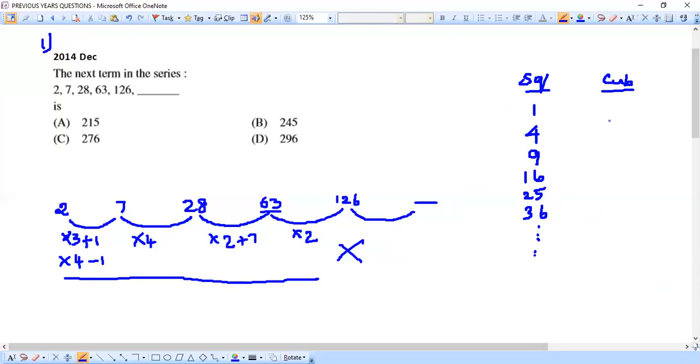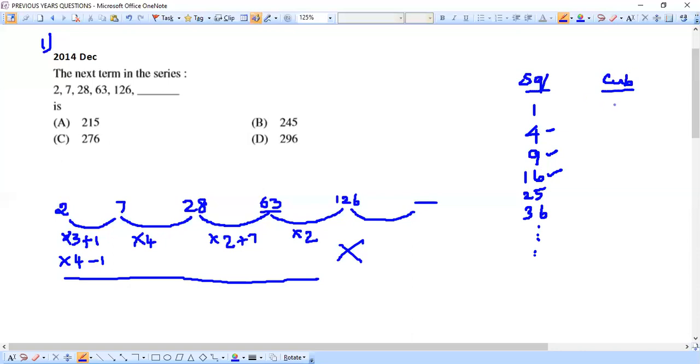And same way we have also seen cubes. Basically what is square? First of all, what is square? So 1 square means 1 into 1, multiplying a number with itself or multiplying a number twice. It's called square, okay? Same way 2 square means 2 twos are, that is 4. Next 3 square means 3 threes are 9. 4 square means 4 fours are 16 and so on.